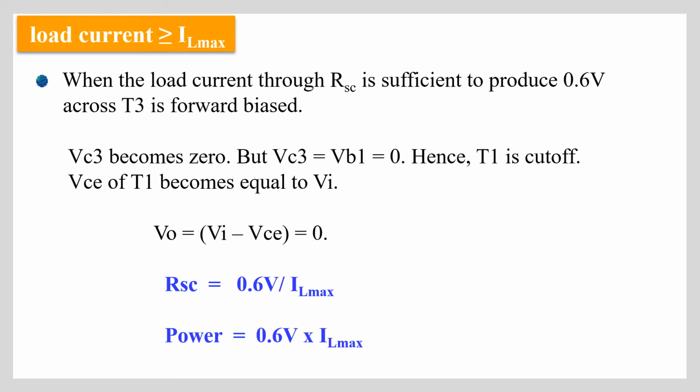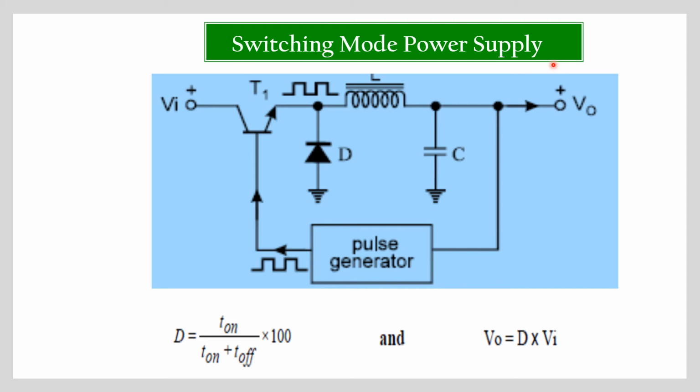Is it clear? Next one is the switching mode power supply. So this is also a regulator circuit, right? The transistorized series regulator is widely used in power supplies, but it has the main drawback that when the load current increases, the series pass transistor dissipates more power, and to dissipate that power, heat sinks are required. Due to the heat sink, the instrument becomes bulky and costly. To eliminate this drawback, switching regulators are used.